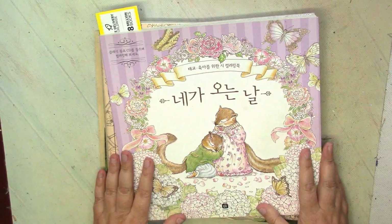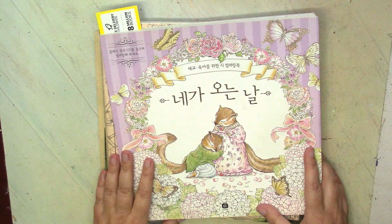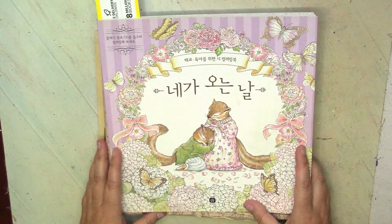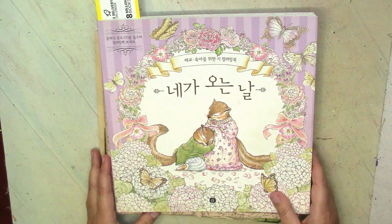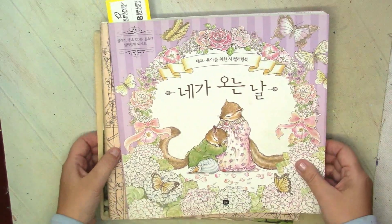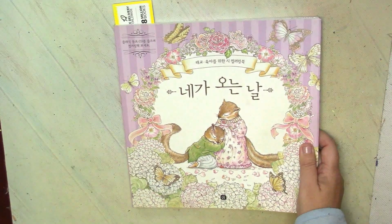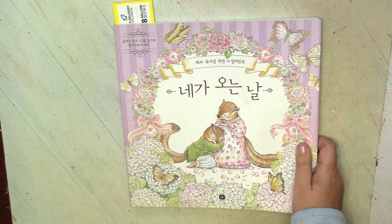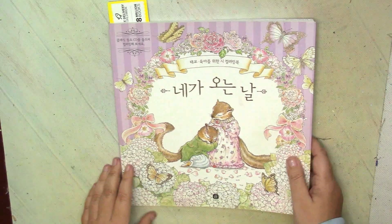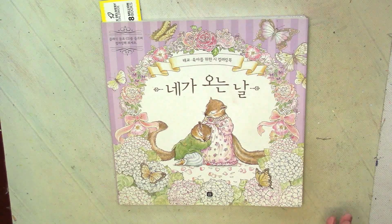This one is a Korean book called The Day We Finally Met. It's already quite a rare book. It's a pity because pictures here are very sweet, very nice, and I have had this book for several years. Unfortunately, my relationship with this book is a little bit tense because first I wasn't able to get used